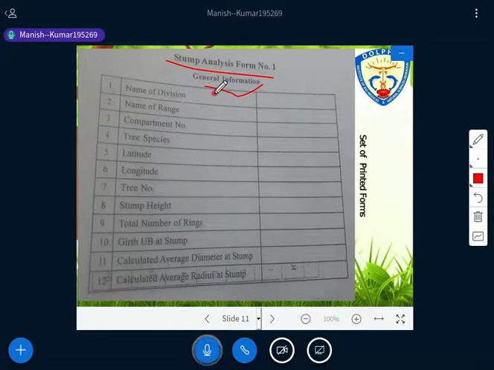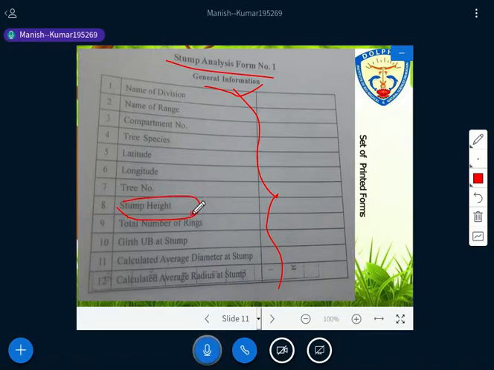Because why I'm telling that, because when you are going to fell the tree, obviously you are also able to get the stump in that particular place, right? Isn't it? It's a simple, general thing. When you are going to fell any tree, we are getting the stem also, we are getting the stump also. So we have to write all the information there. Only one thing has to be changed. This is stump height, right? In the stem we are writing the stem height.